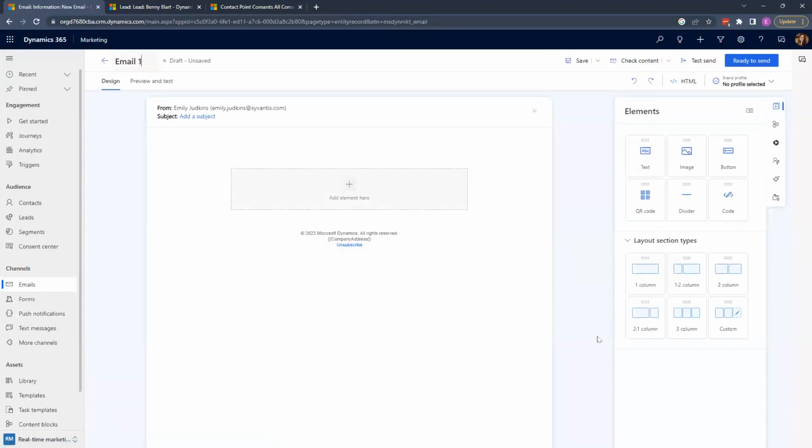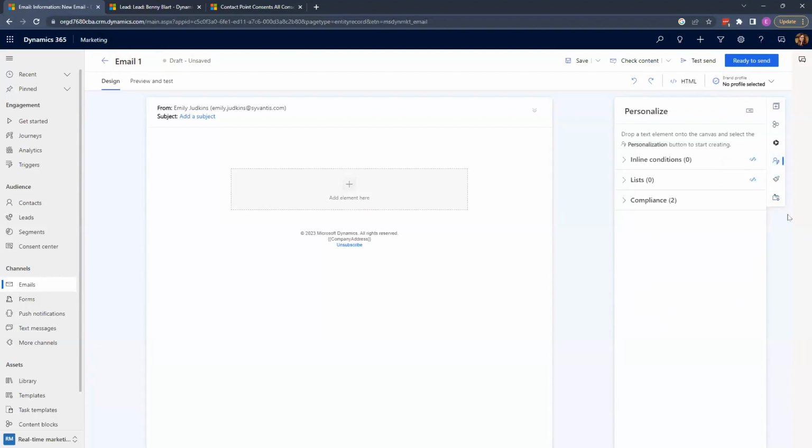Just like the outbound marketing email builder, I can drag and drop elements into the email body, but I have a few options here on the right-hand tab of this panel. There are two tabs that I'd like to go over here. First is the personalize tab, and the second one is the email header tab. Personalize is where I'll be able to add conditions to tailor the emails to my recipients based on certain attributes